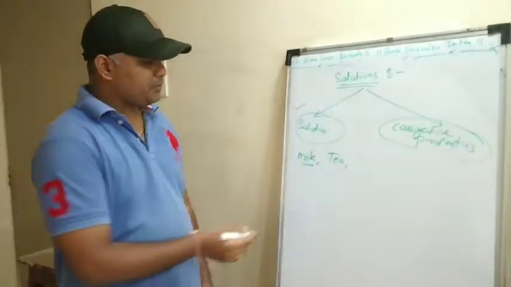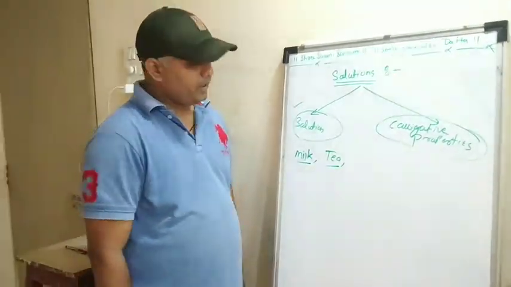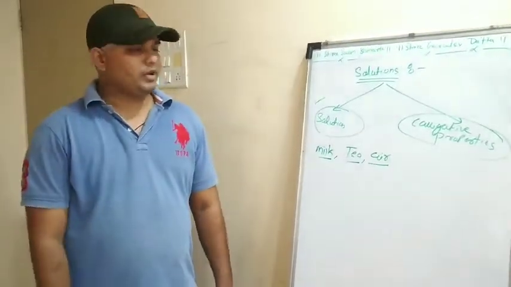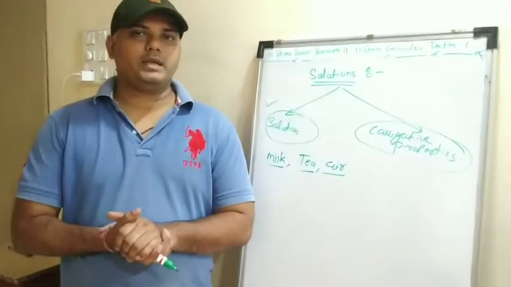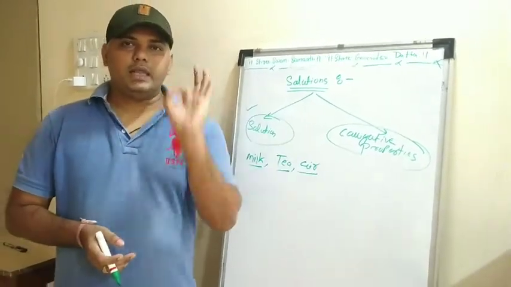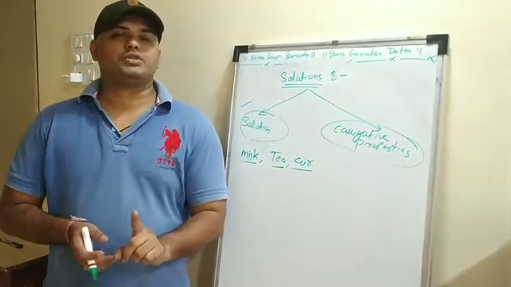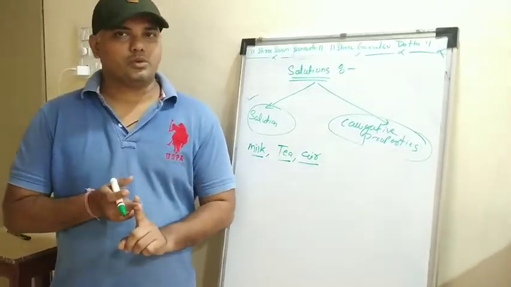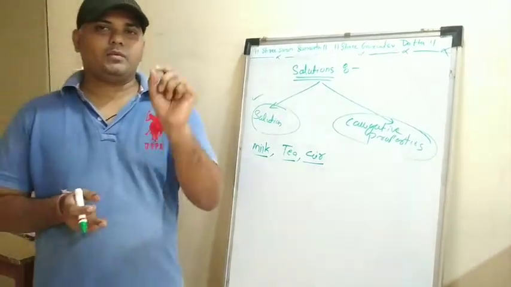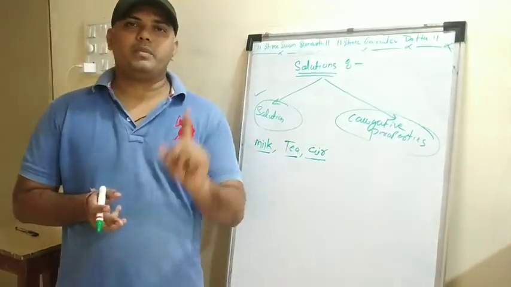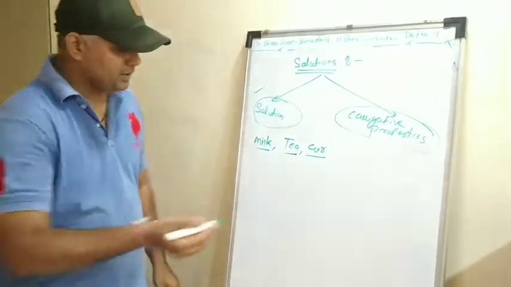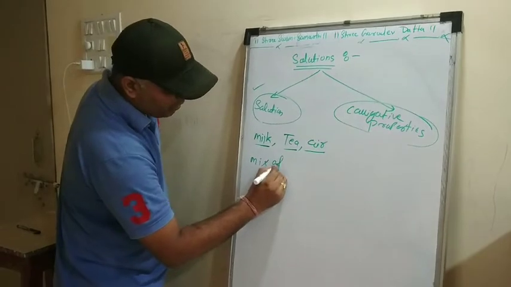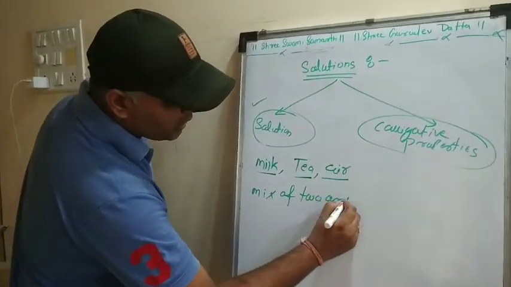So this is how the tea is prepared. Tea is also a solution. Then we can take an example of air. Air is also a mixture of gases, right? So it is also a solution. So let me tell you, my dear students, that the liquid substance is not the only solution. A solution can be solid or gaseous also, and it is not necessary that it will contain only two components, but it may contain more than two components. So we can say the definition of the solution is a mixture of two or more components.